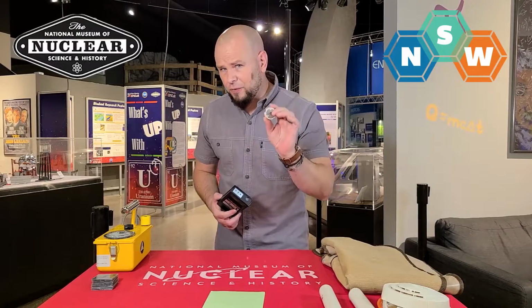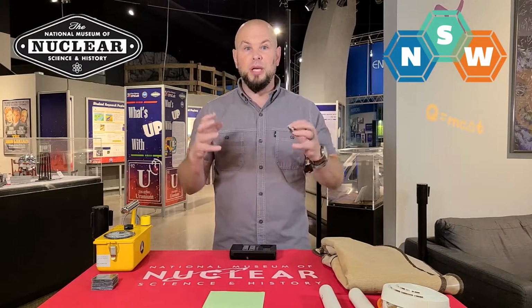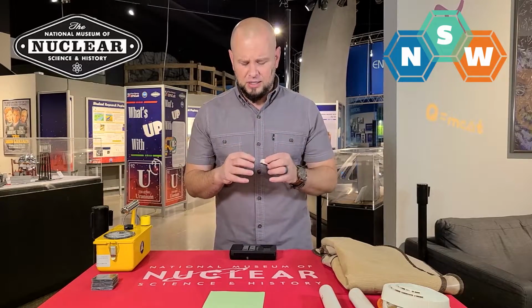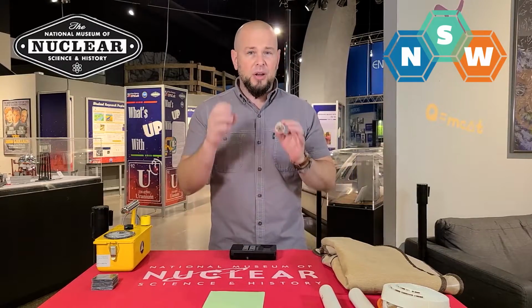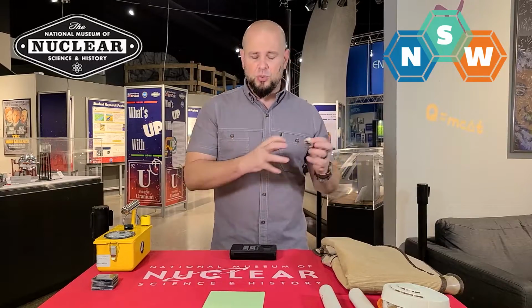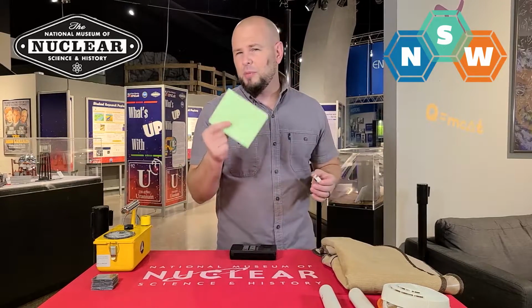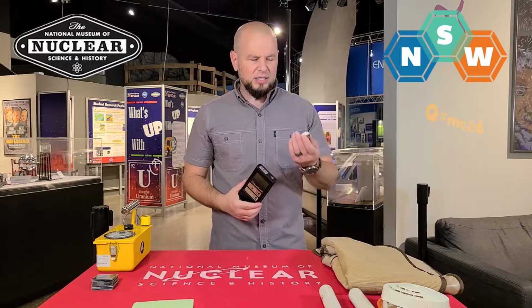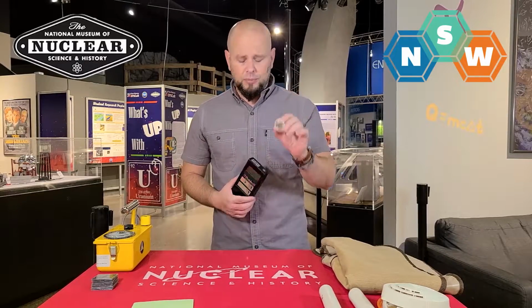Let's start off with alpha radiation. Now, alpha radiation in the nuclear scale is a big, huge particle. It is a helium nucleus. It has 2 protons, 2 neutrons, and it's not big enough that we can see, but on a nuclear scale, it's massive. So it has a hard time going through the atmosphere. It can't travel very far, and so it can't travel through very many materials. We're going to demonstrate that with this little alpha emitter. This is Americium 541, and we are going to see if we can detect the radiation off of this thing